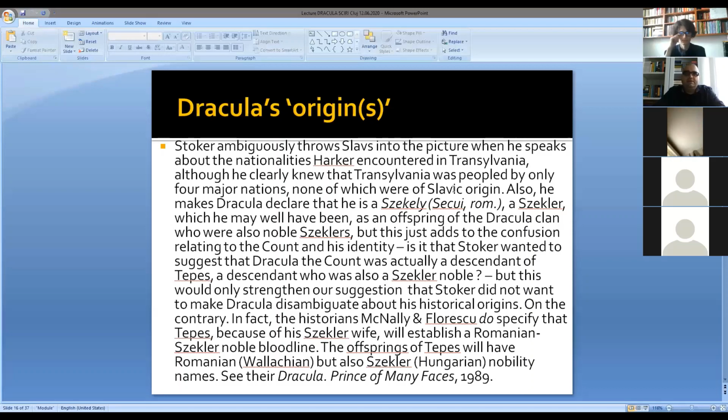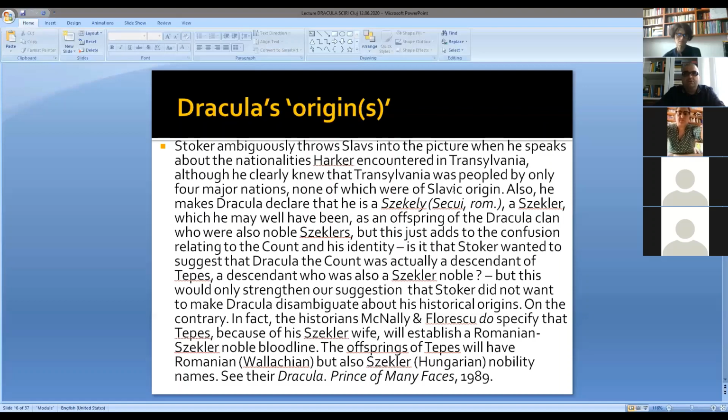In the sense that, is it that Stoker wanted to suggest that Dracula, the count, the character described in the novel, was actually a descendant of Țepeș, a descendant who was also a Székely noble, or was it Țepeș himself, or was it Țepeș' father? We'll see. But this would only strengthen our suggestion that Stoker did not want to make Dracula unambiguous about his